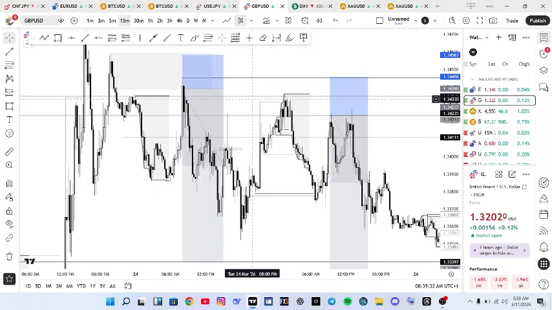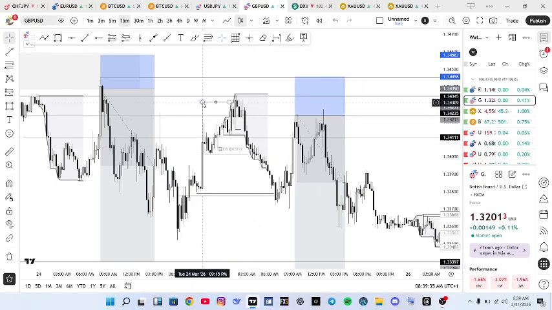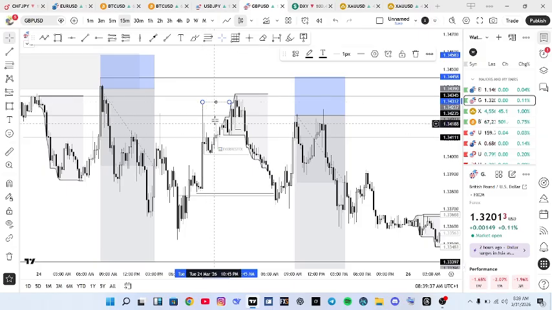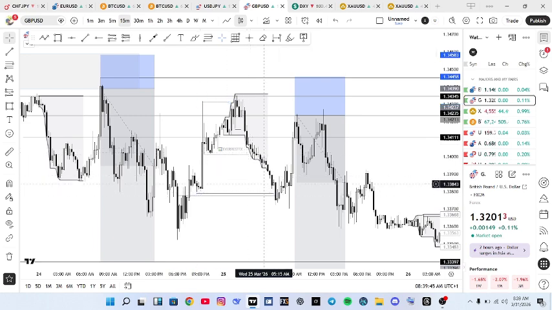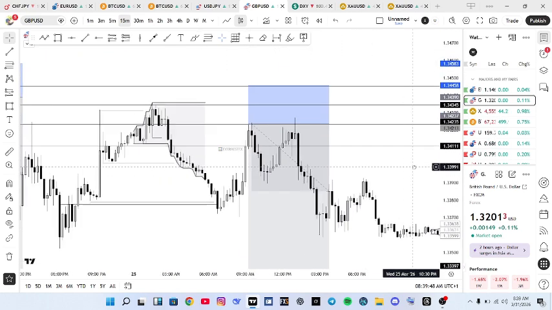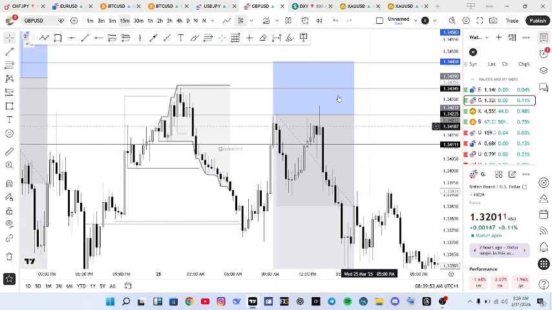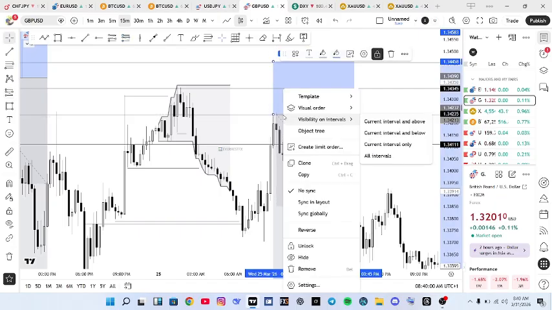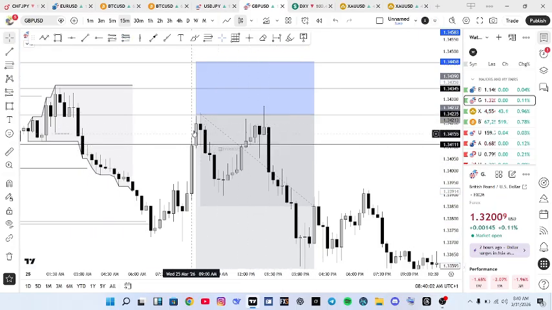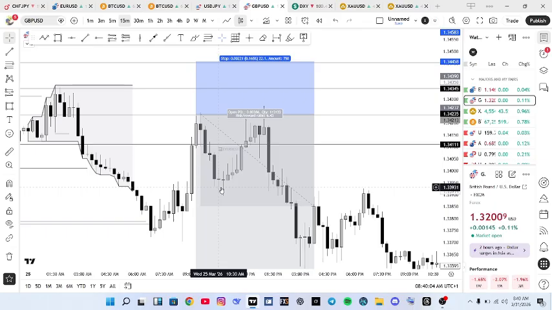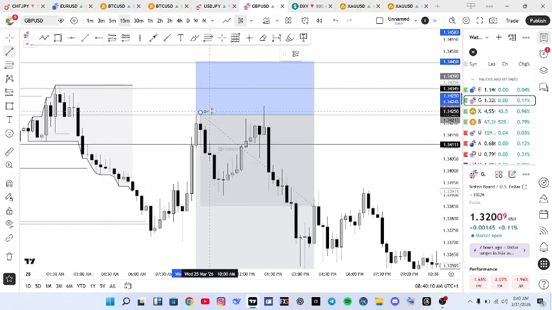Mind you, Asia swept liquidity, gave us that stop hunt we are looking for, tapped into our POI, gave us multiple internal breaks and an external one. Now we trace back. We used to call it an inducement or a liquidity. It's not a liquidity. So that was why I entered from here. This zone here. I entered from here. And look at what happened. When price started into our POI, it gave us 1:1 plus